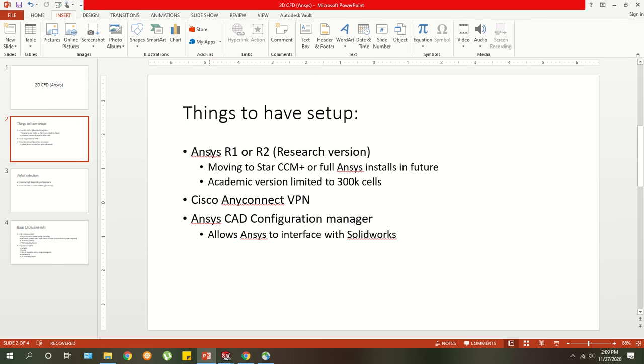Obviously, you want to have Ansys R1 and R2 installed on your computer. These are provided by the school. Just a note that in the future, expect to move to Star CCM Plus or a different Ansys install, just because the academic version provided by the school limits each simulation to 300,000 cells maximum, which is perfectly fine for